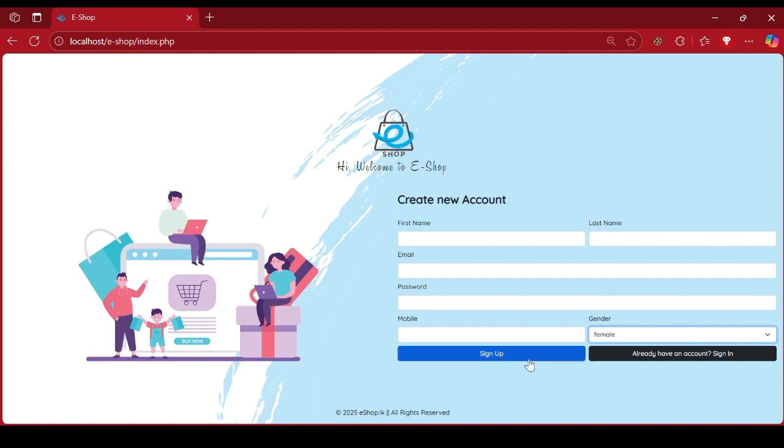Suppose you're a stranger to this application, which means this is the first time you are coming to this page. You should sign up by entering all your details so that all your details will be stored in the database. And the next time when you simply come to this particular website, it will be easier to sign in by giving the